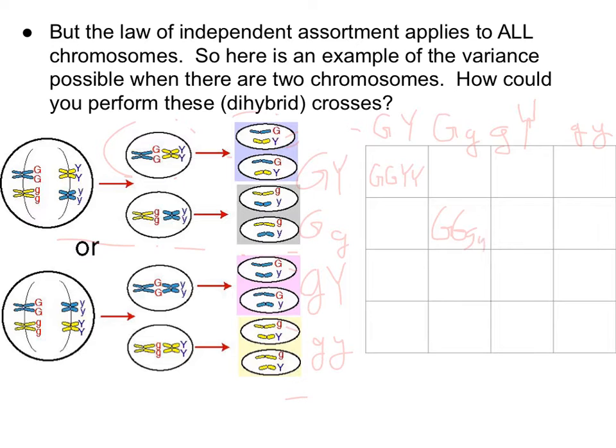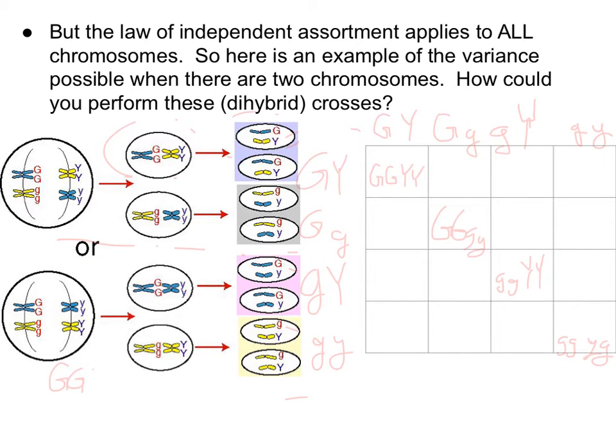That's a Y, Y, Y, little g, big Y, and little g, little y. There are 16 genotype squares here, but the options really end up being, for genotypes,